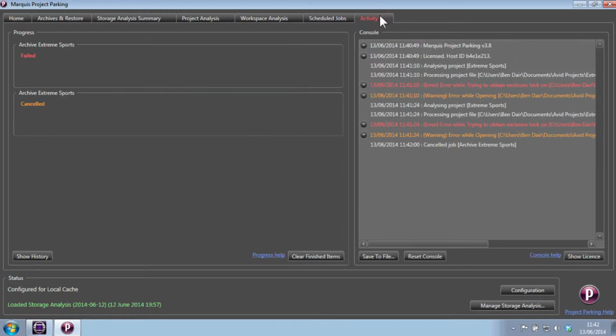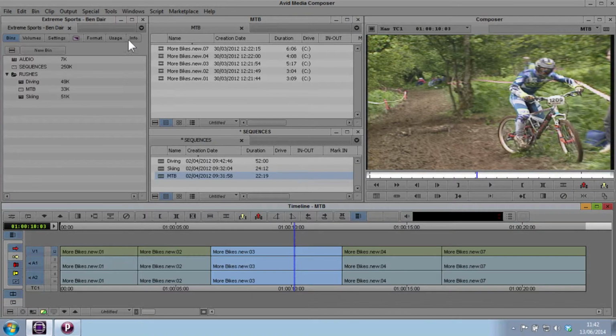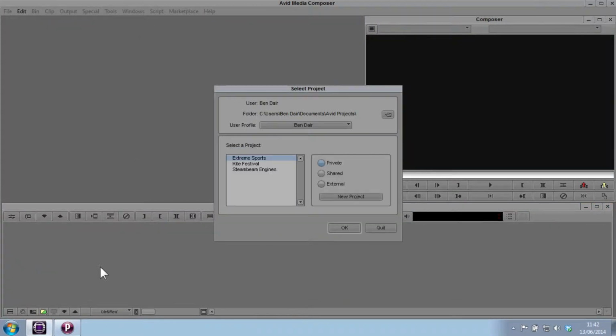Project Parking will warn you in the Activity tab if you are trying to archive an open project, and closing the project removes any chance of the project changing during the archive. Therefore, the first important thing to do before archiving is to close the Avid project. Back to Project Parking,